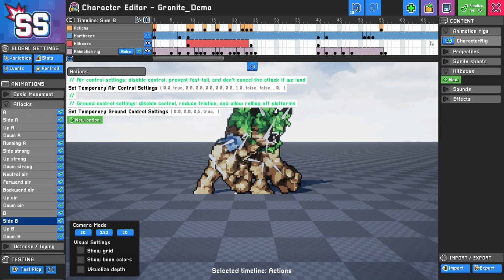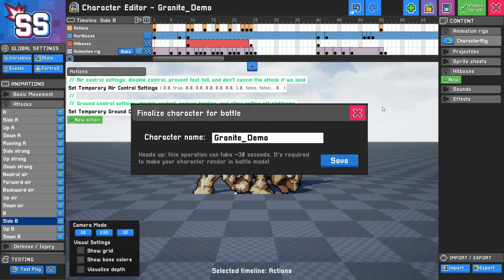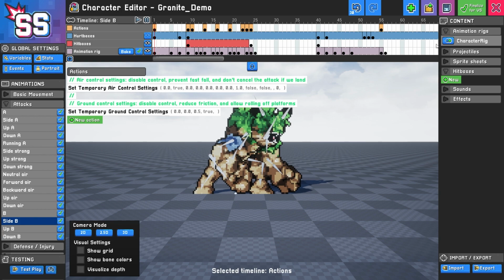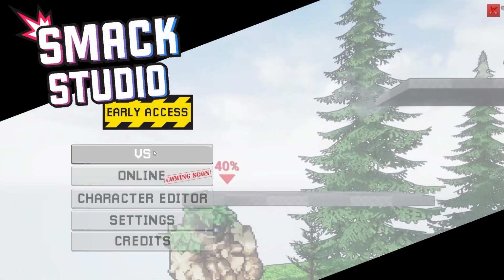Now, the most important step is to click finalize for verses. And this is going to take a little bit longer than your saves. And the reason why is it's actually baking in all of the animations that you created into sprites. So what this is going to do is it's going to let us play our character in the main VS mode. So if I go back and I select VS,